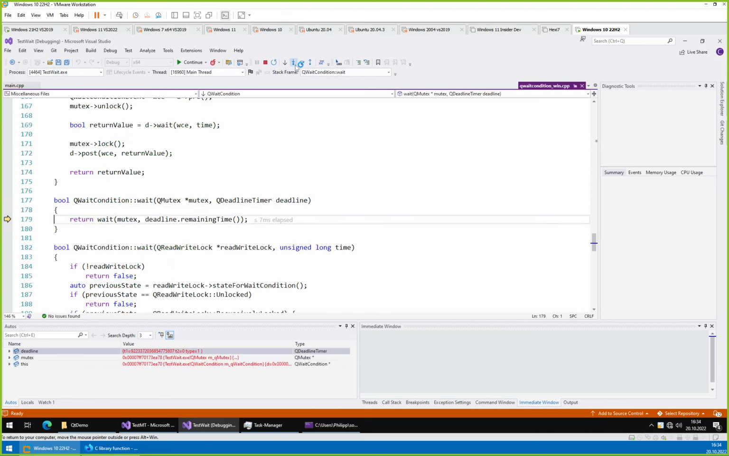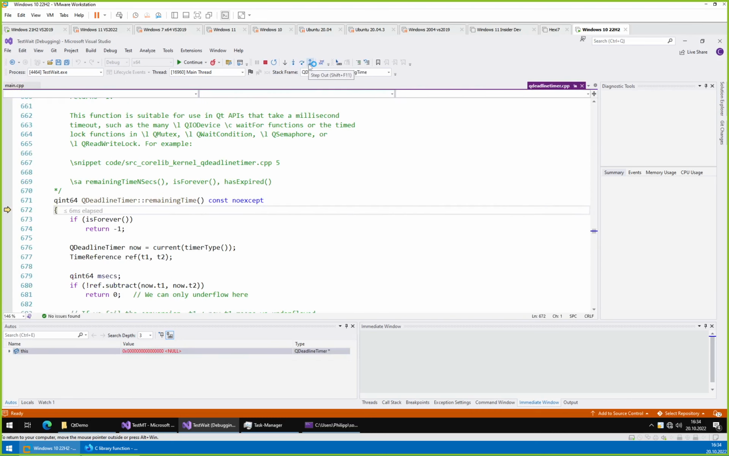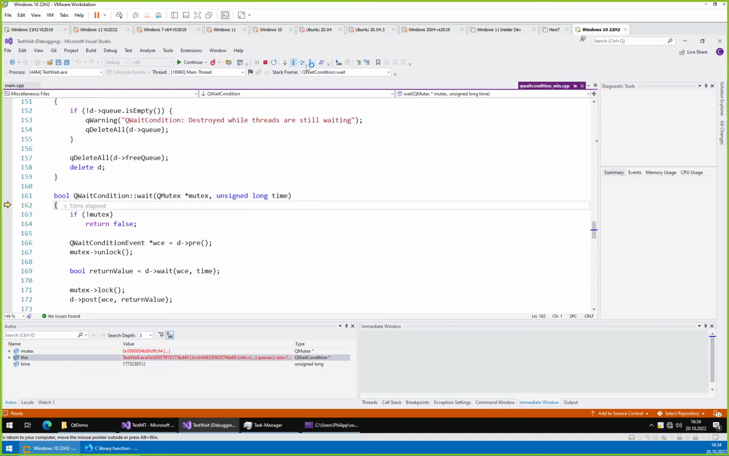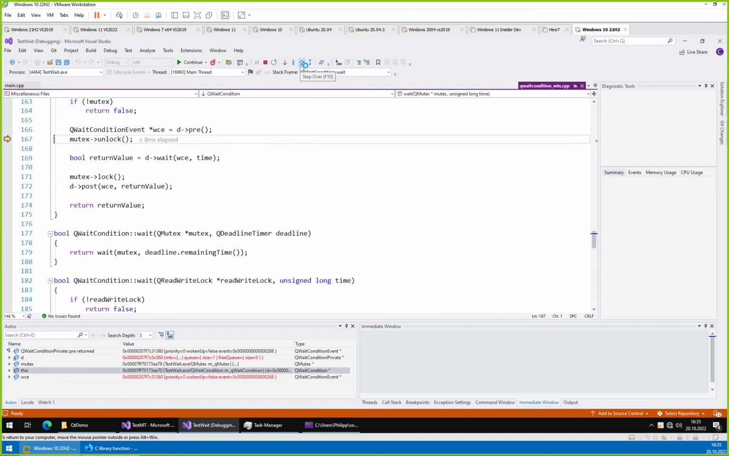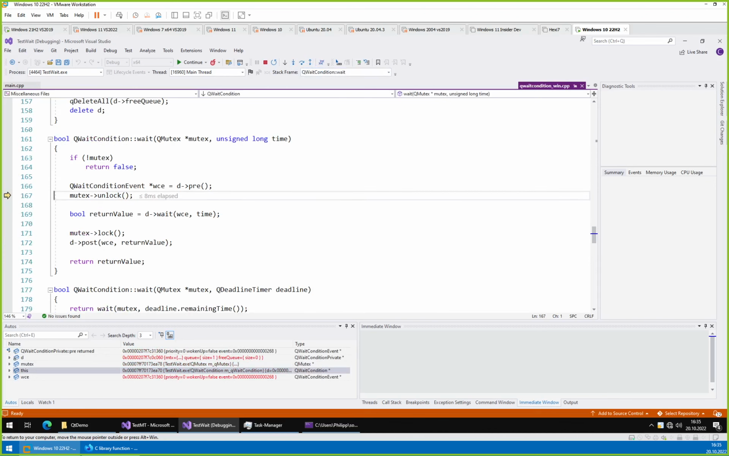Now we are here, yes. Step in, step out, step in, step, step, step. So we were here. That might have been interesting. But anyhow, it creates this, or rather gets this internal object, and then it locks